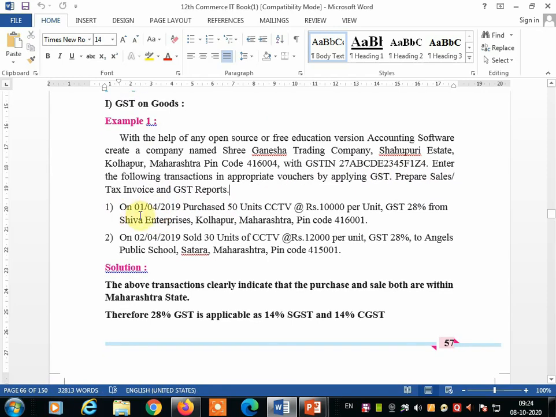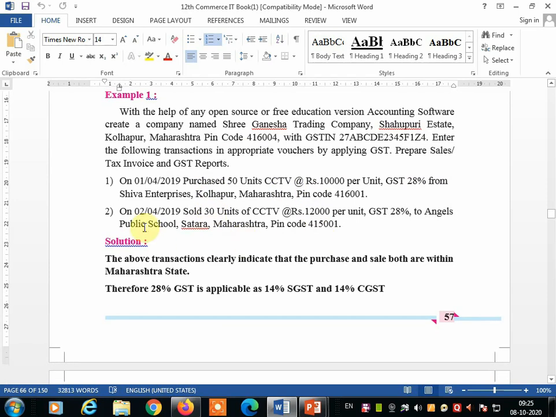So here two transactions are given. 1st April 2019, purchase 50 units of CCTV at the rate of rupees 10,000 per unit, and on that they have calculated GST 28%, from the Shiva Enterprises Kolhapur. This Ganesha Trading Company purchased 50 CCTV cameras at 10,000 rupees per unit, and the Shiva Enterprises calculated 28% GST on these CCTV cameras.